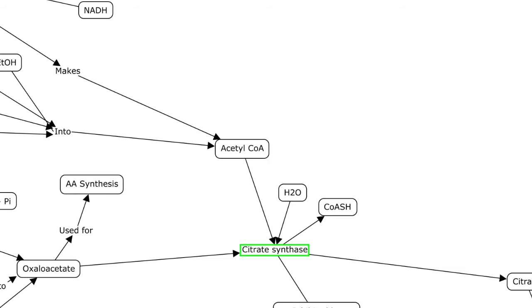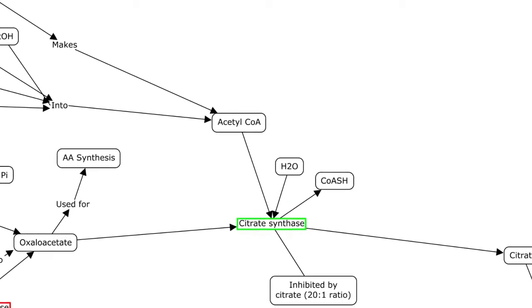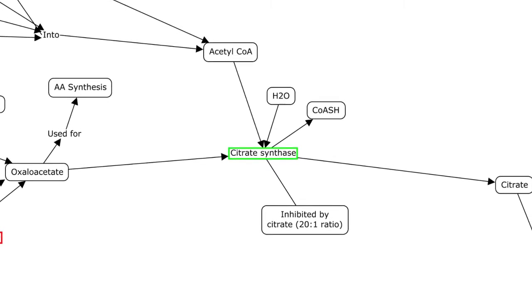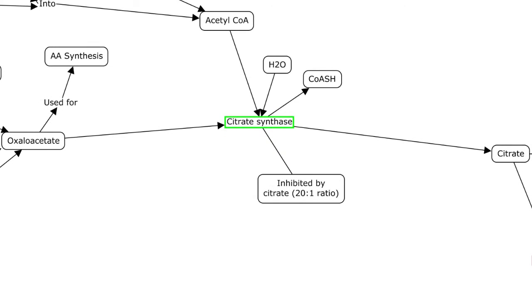So now we're going into the TCA cycle. Now this is the tricarboxylic acid cycle. You may hear it referred to as the Krebs cycle or the citric acid cycle. It doesn't matter. It's all the same thing. So the first reaction, our acetyl-CoA is going to come in, and the enzyme acting on it is citrate synthase. It's going to take an oxaloacetate as another reactant, combine it with water. The CoASH that we got from the reaction involving PDC is going to leave,